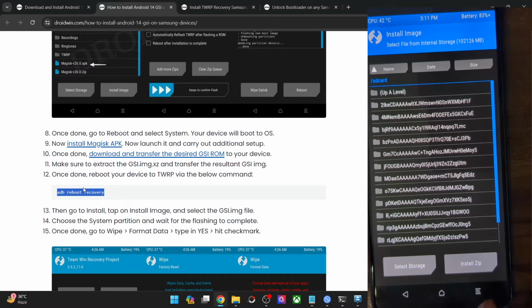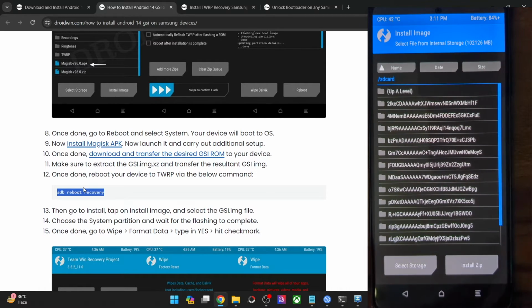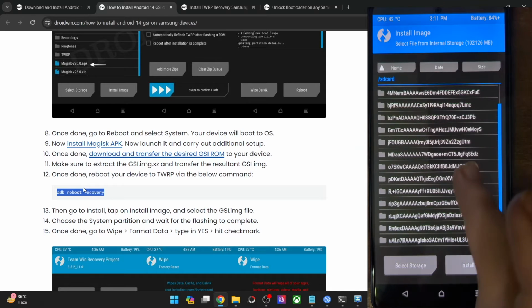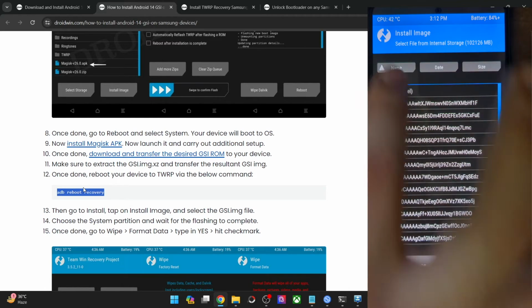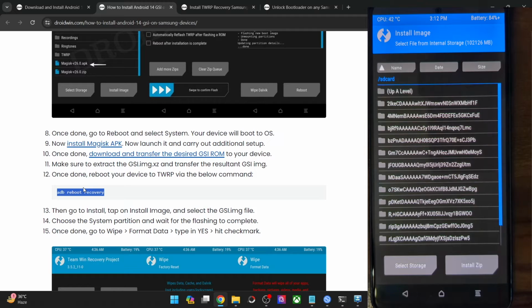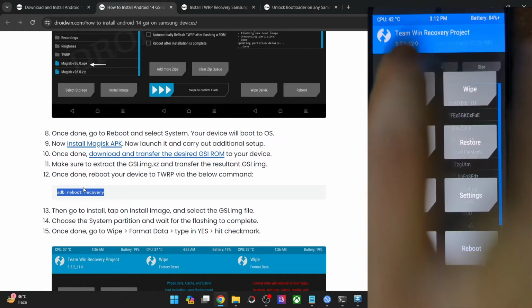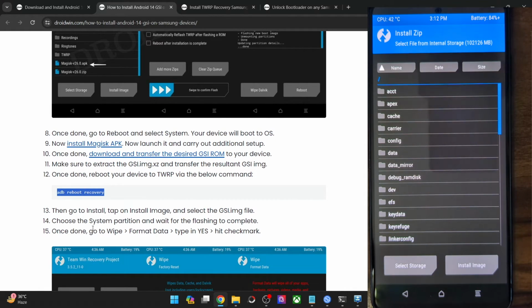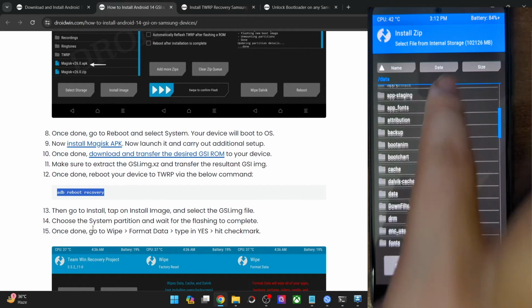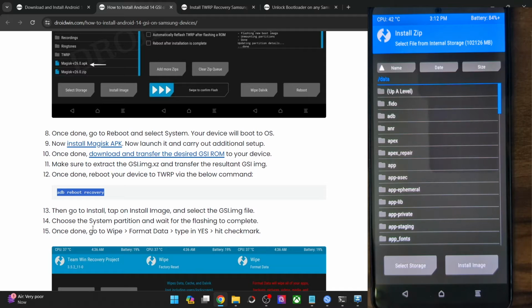Again, I'm repeating, simply tap on install image from here, choose the GSI ROM file and do a right swipe to flash it in the system partition. I'll show you that as well. But first, in my case, the data partition has been encrypted. The internal storage SD card is currently encrypted and TWRP is not able to decrypt it. So what I will do is transfer the ROM file to any other location. Let me go up a level, and if I go to the data partition, the data partition is not encrypted. So let me transfer the file inside this partition.